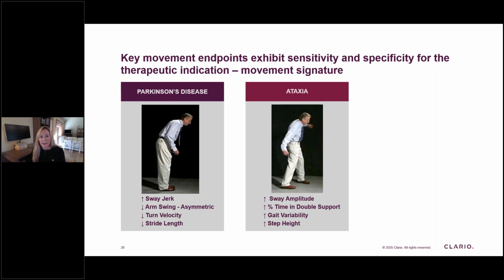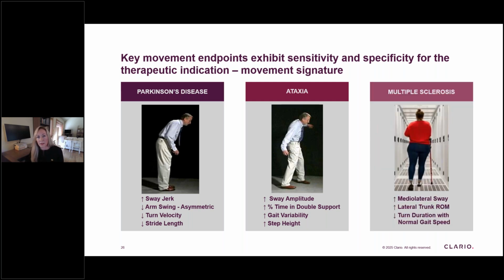And then going back to the example of multiple sclerosis, there's a disruption of the signal, right, from the brain to the body to move. And so we see different endpoints here representing multiple sclerosis, looking at a sway that's impaired or balance, but in different directions than the other two. We see movement of the trunk going side to side, and we see disruption in turn measures, even with normal gait speed. So if we go to the next slide,